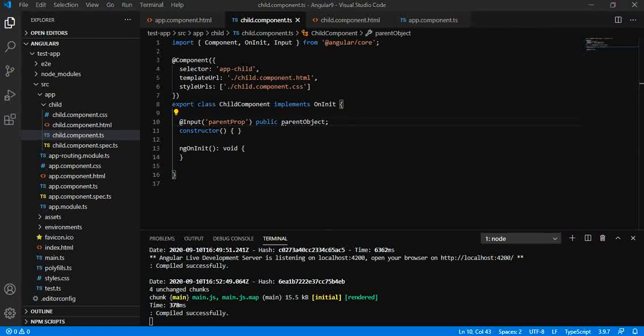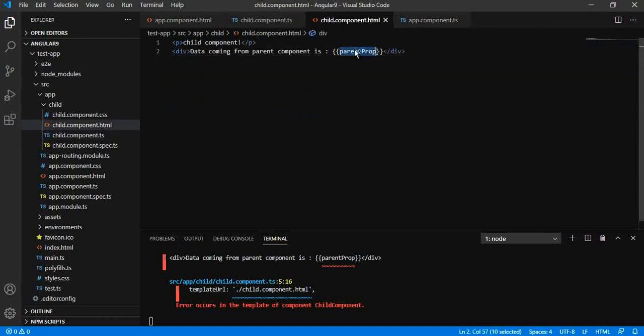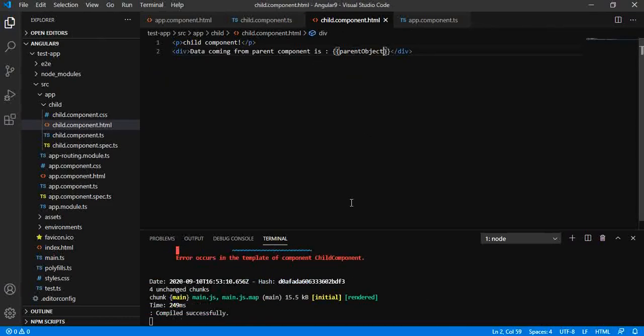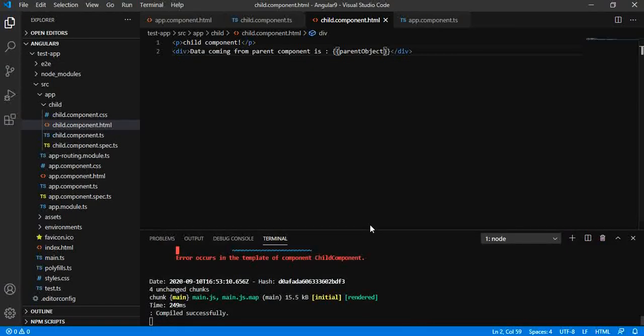Then what will happen? It is saying like this particular property is not available. Now we need to add this particular parent object over here, and let us run. So we are getting the same output.